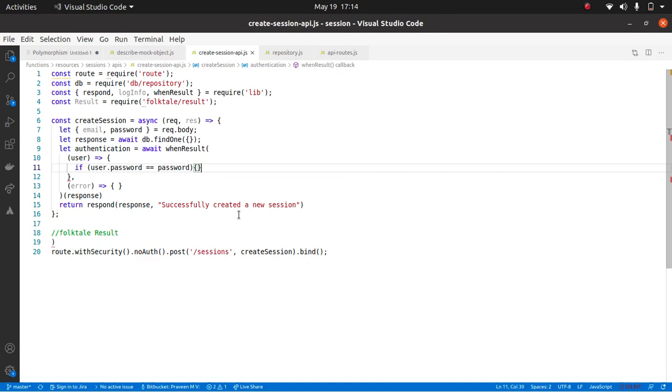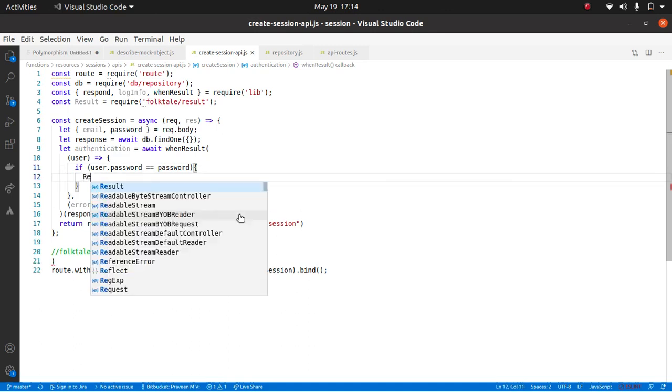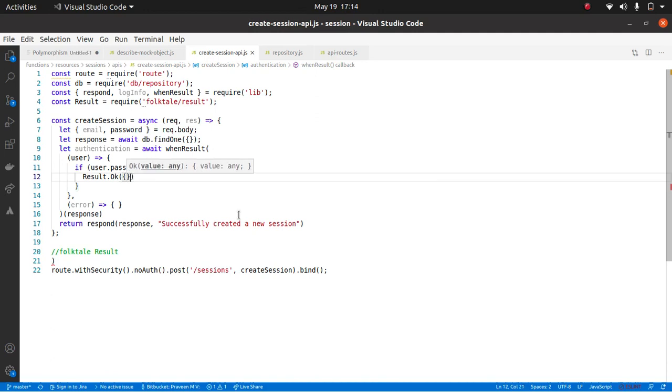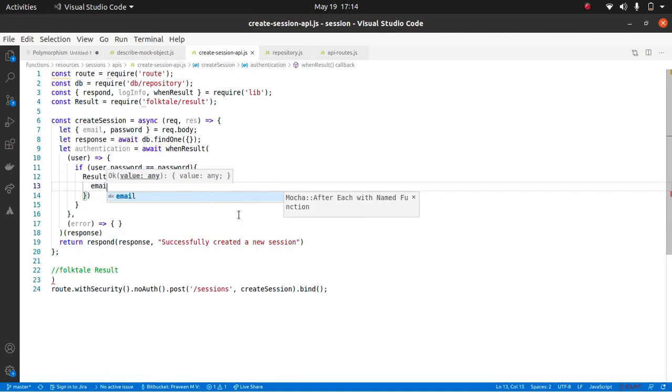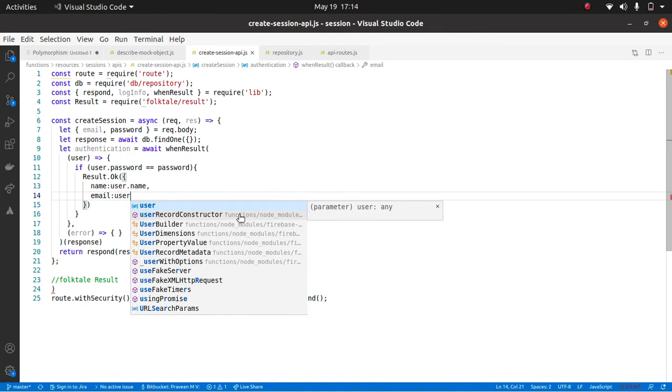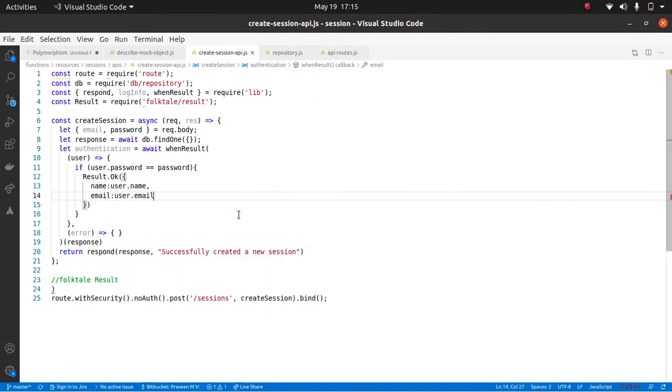And if the password is correct, what should I return? I'll return result.ok, and in result.ok I will pass the user's name, that will be user.name, and the email. I don't want to pass the password, correct? Yes. User.email. So I passed these two things. I will return this.